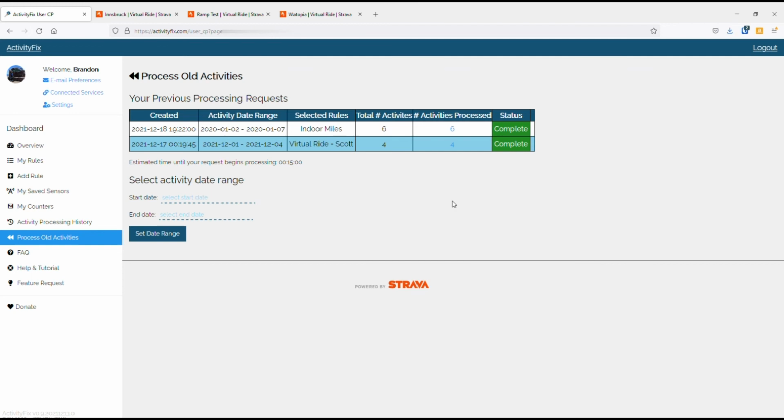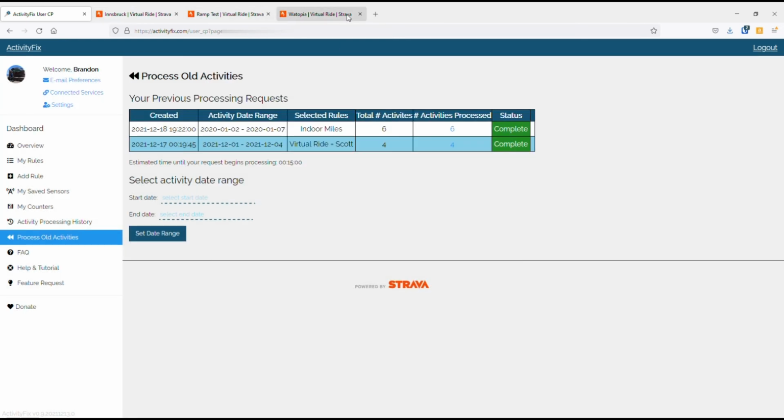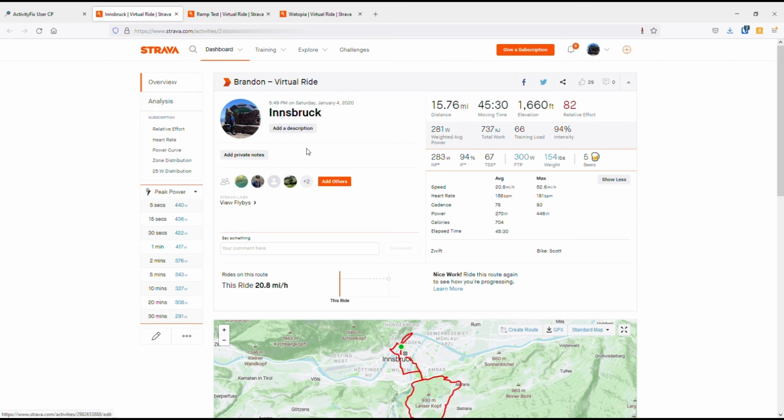It's been a few minutes and those have all been processed, so you can see that the request is marked as complete and all 6 have been processed. And if I click into that, you can see that the 3 indoor rides matched my indoor miles rule and the other 3 didn't match anything. And I have those 3 indoor rides loaded up here, so if I click into those, I will refresh in a second. So before, you can see here that there's no